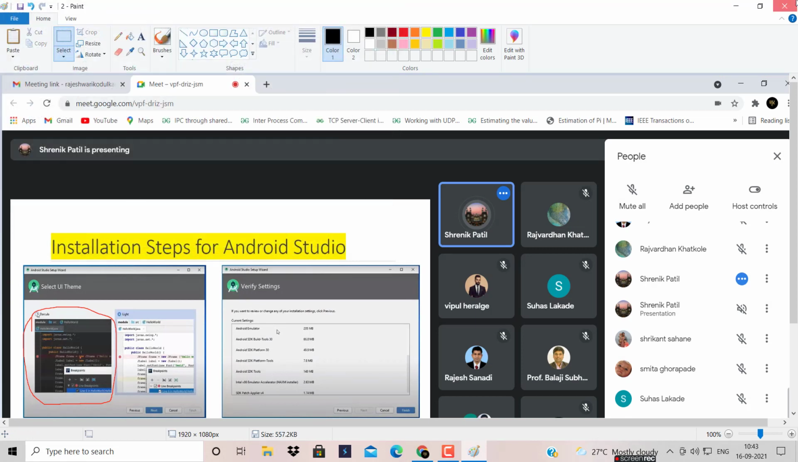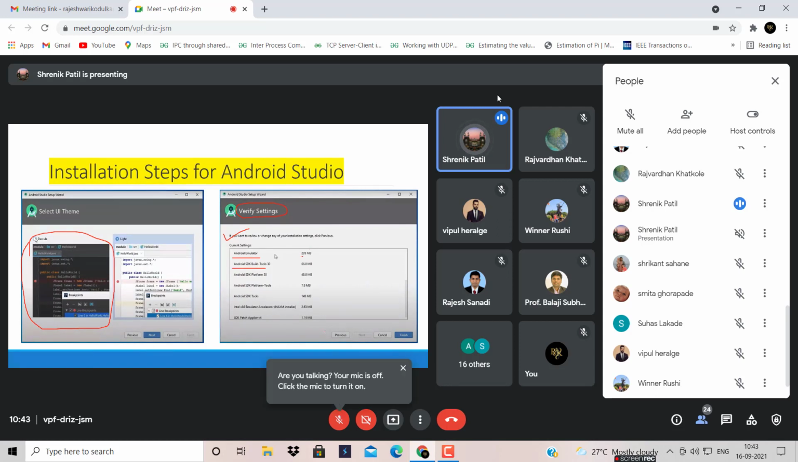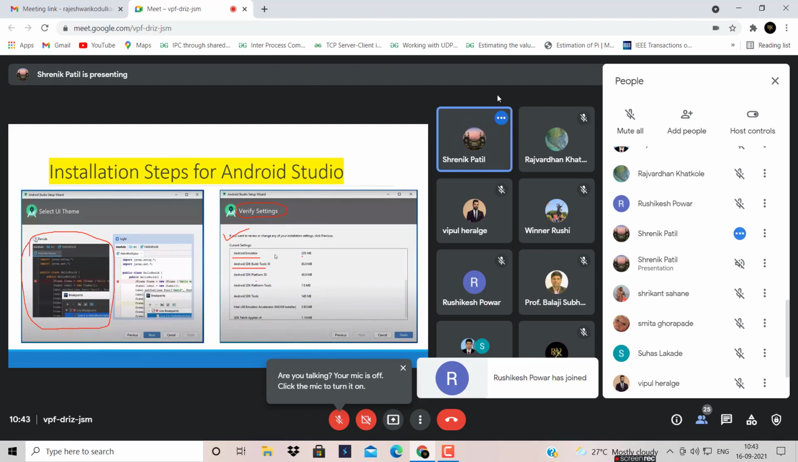the next step asks you to verify the settings. So just check what settings we have made. We need the Android emulator, which requires 235 MB. When you check all these installation settings, you must first check whether the internet is available. If it is not available, then it is not possible to install all these things. That is the Android emulator, then the Android SDK build. Because once you click on this finish button,